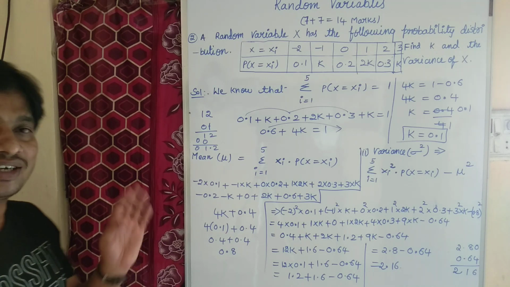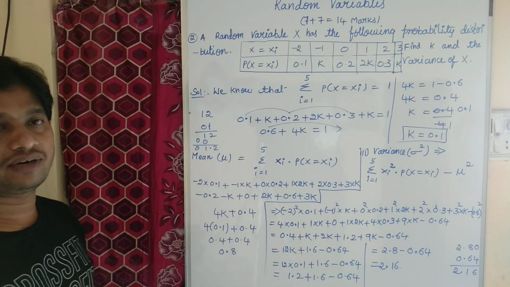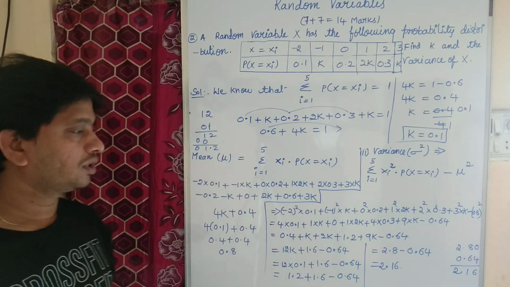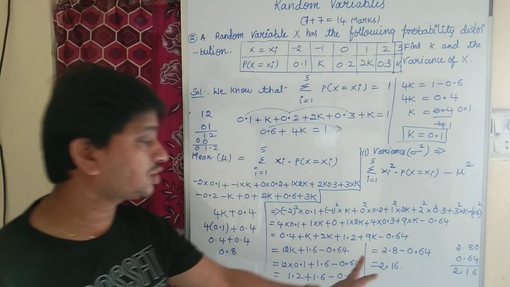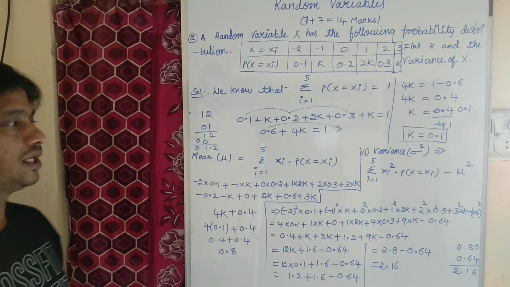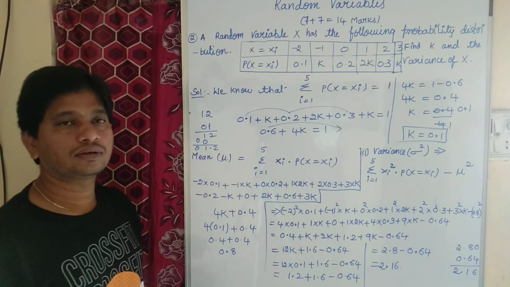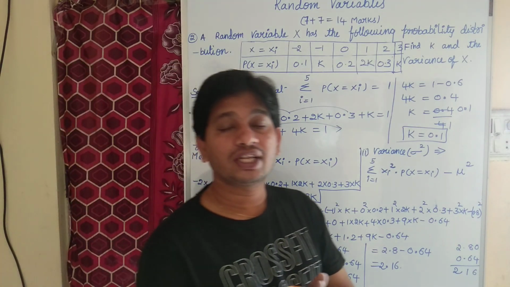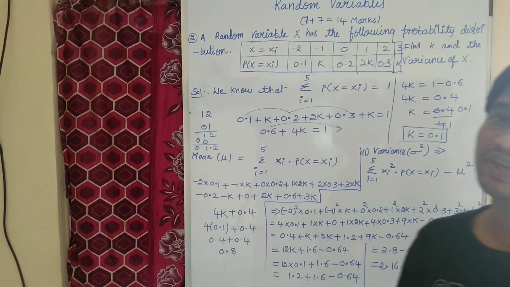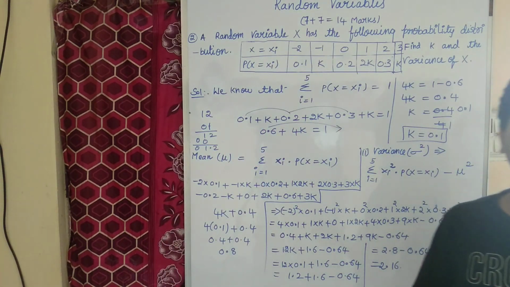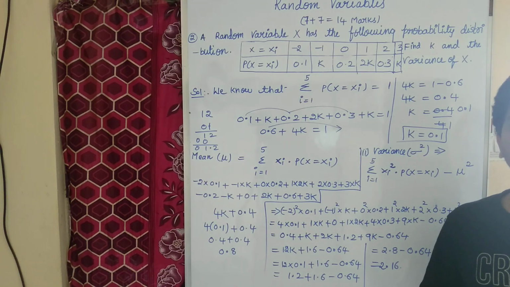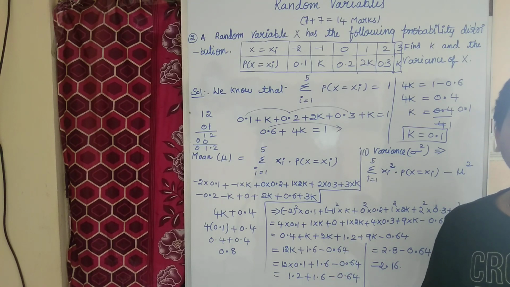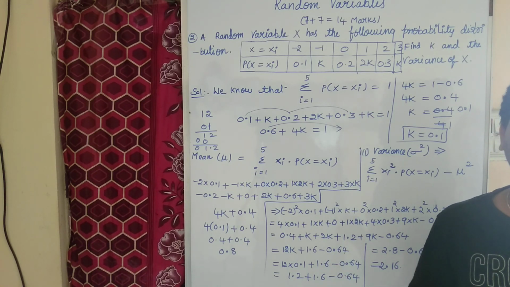When we are doing calculation, be a little bit careful. Otherwise, the total sum will go wrong. As we did 10 minus 4, 6, 7 minus 6, 1, 2 minus 0, 2. So answer is 2.16. Is it clear? How to find the value of k? How to find the value of mean? And how to find the value of variance? This is the first method of problem, they are asking for 7 marks. Is it clear, children? So let us go with the third question. A little bit the same concept, a little bit different. Okay.